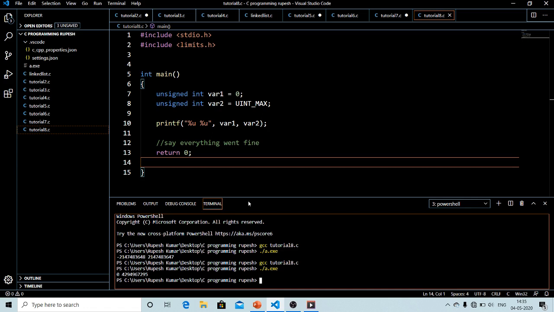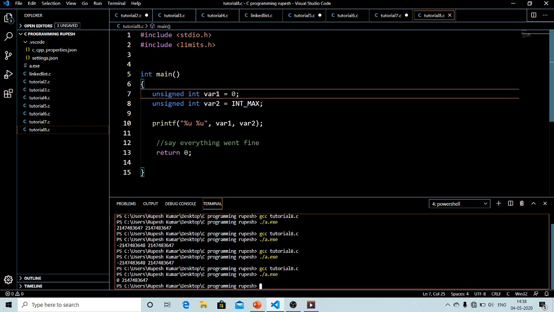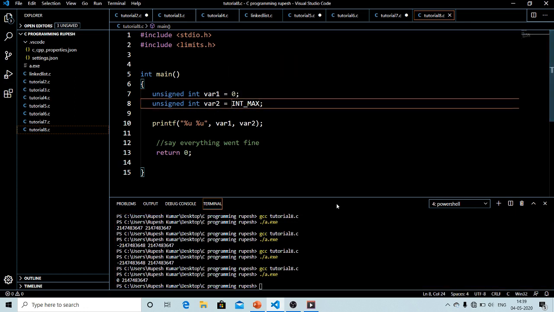Here, the lower bound for unsigned int, as we already know, should be 0, which is 0, and the upper bound is 4294967295, which is correct for unsigned int. So we have seen the upper bound and lower bound, or range, for int and also for unsigned int, and we found the differences. Similarly, we can find the range of long int by making some modifications here, such as using the format specifier accordingly.